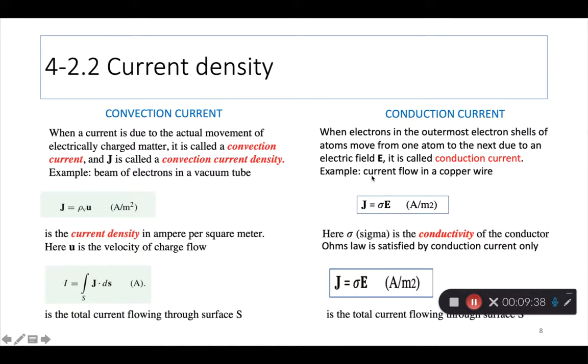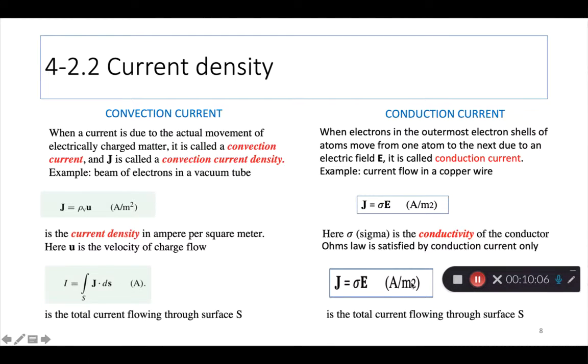So that is conduction current, and generally conduction current is connected to the electric field that is causing the current by this formula, J equals sigma times E, where sigma is something called the conductivity of the conductor. Okay, and Ohm's law satisfies